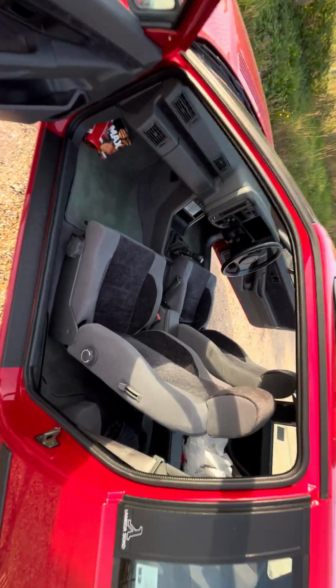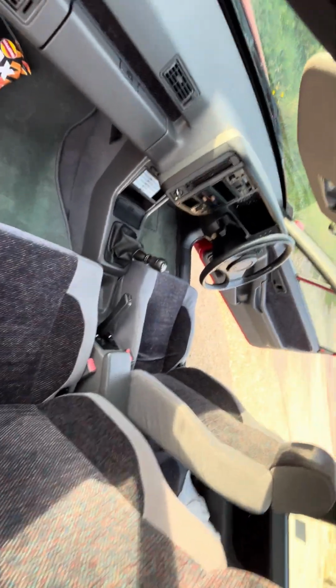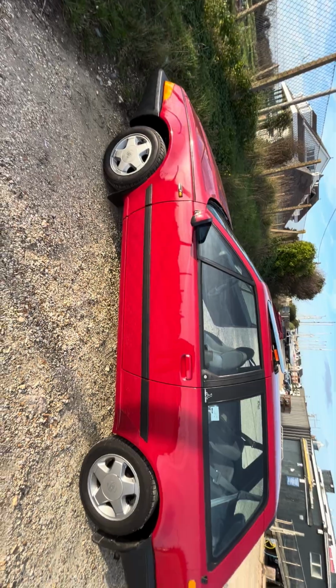So we'll go around the other side. So you can sort of see now what the interior is like. It's a really nice place to be. If we just show you, it's a really nice place to be. Then you've got your dashboards, then you've got your individual rear seats in the back as well. It is a genuinely cool car, and if we start it up,